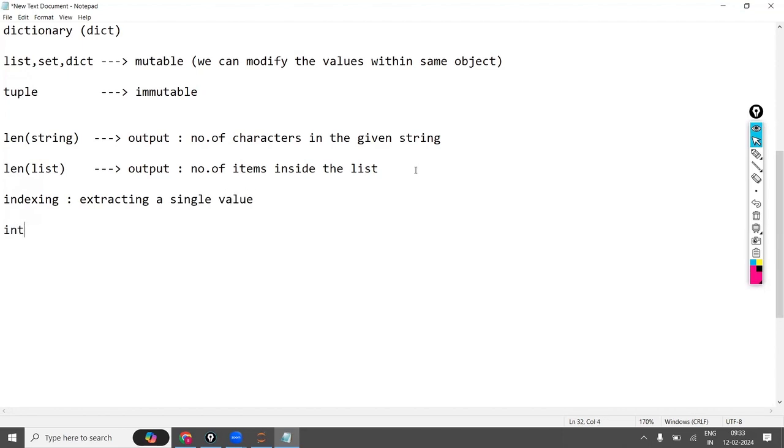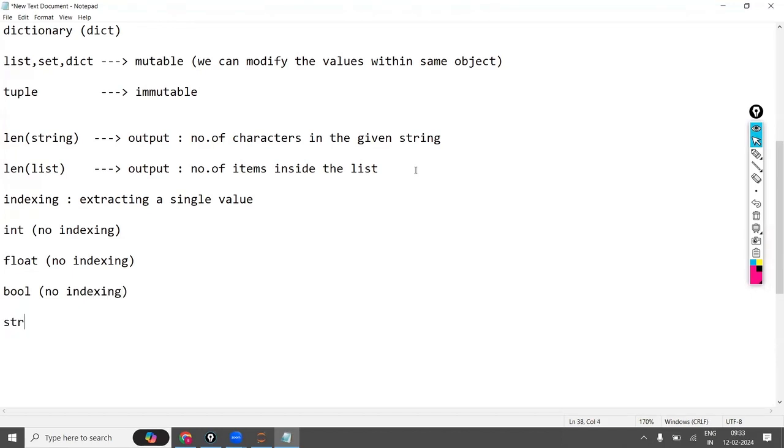For int, there is no indexing. For float, no indexing. For boolean, no indexing. There is no option of indexing.